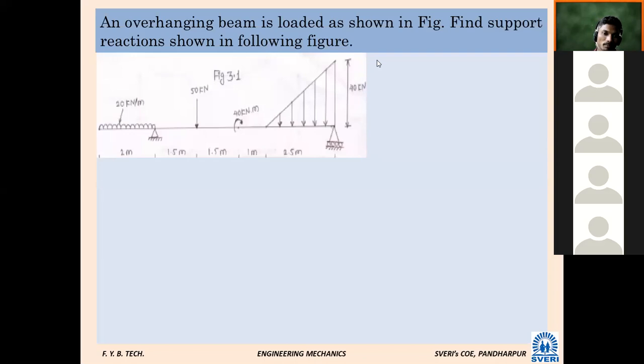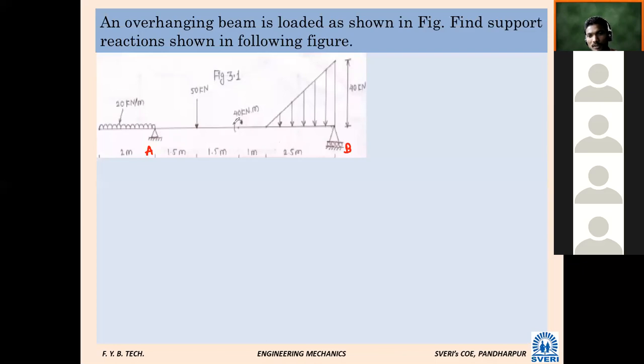If I give names here, point A and point B. Here is point B. Is the beam ending at point A? If you consider point B, the beam is going to end at point B. What about A? Does the beam end at A? A gallery, or we can say a staircase. Does the beam end at A? Still it is there. This beam continues after support A. That's why it is called an overhanging beam. So the type of beam is overhanging.